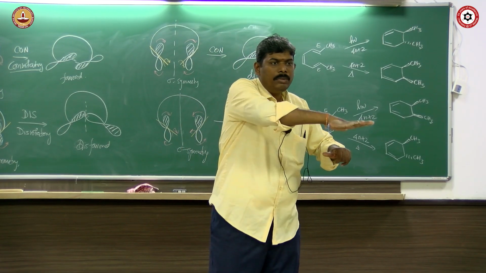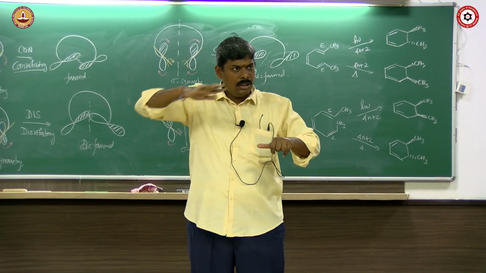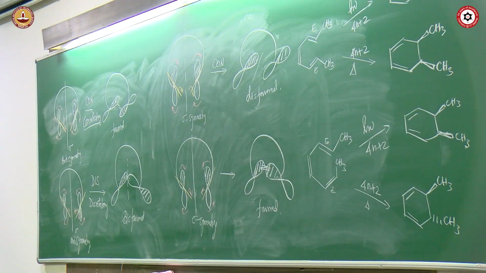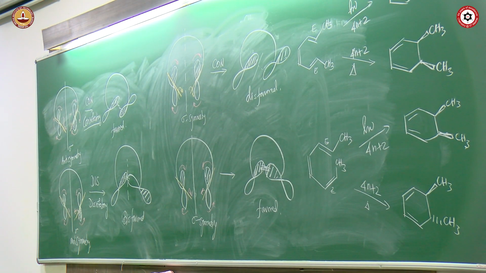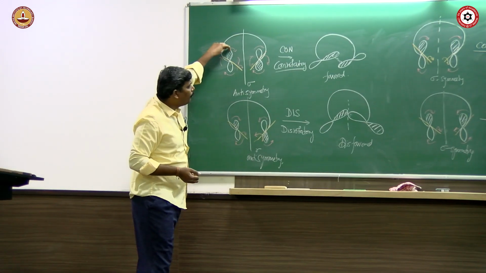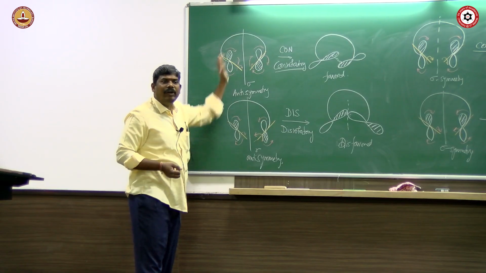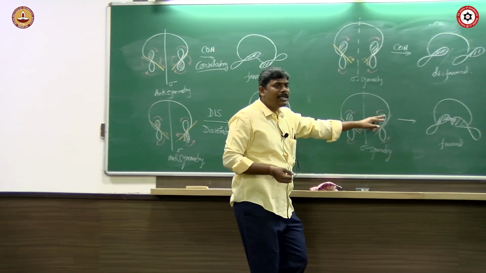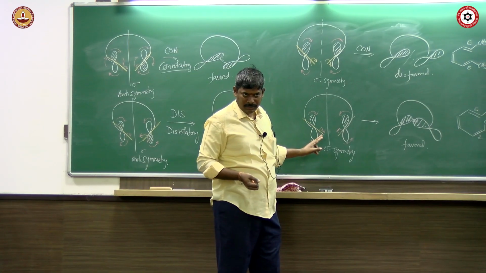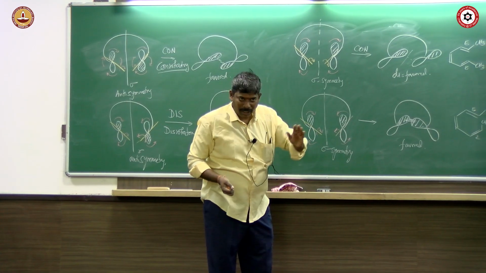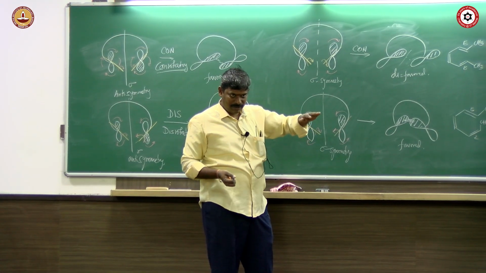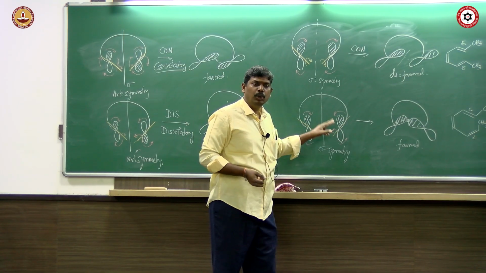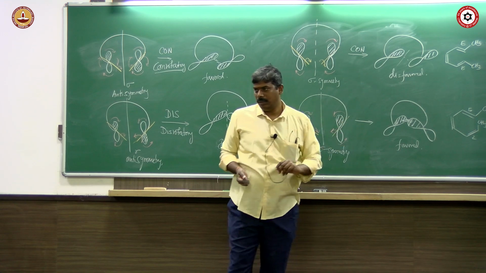a polyene, your sigma bond is in plane, what you are looking at. So you have pi bonds above and below the plane. So which side is it going to react? In a conrotation, in one carbon you will have a top and the other carbon will have a bottom, or vice versa. In a disrotation, the same side of the lobes would interact. I would not say react, I would say interact, because it's a rotation. It's an interaction, right? So these two would interact, either both the bottom or both the top, and give a product.